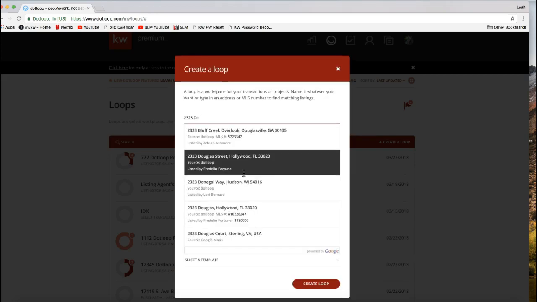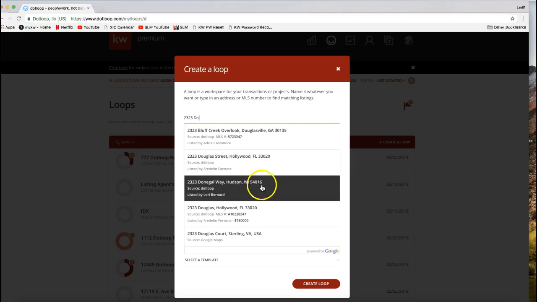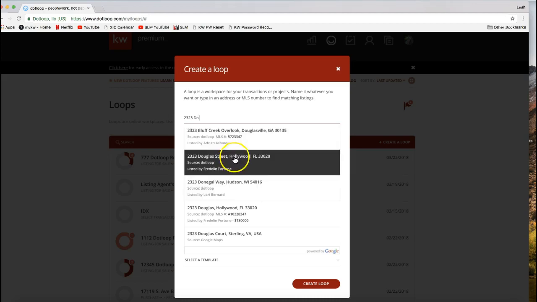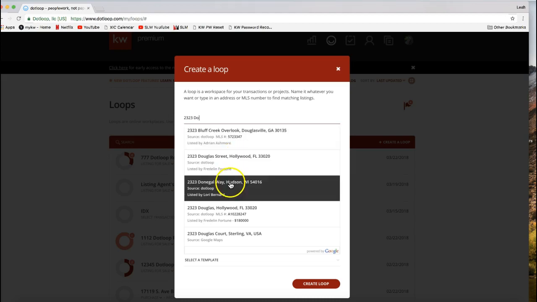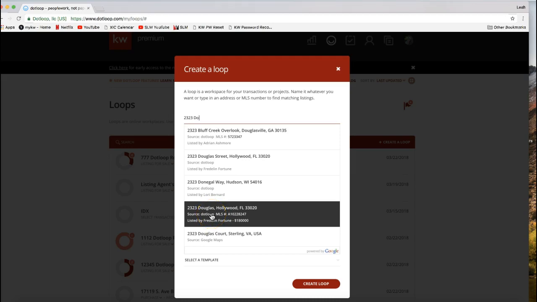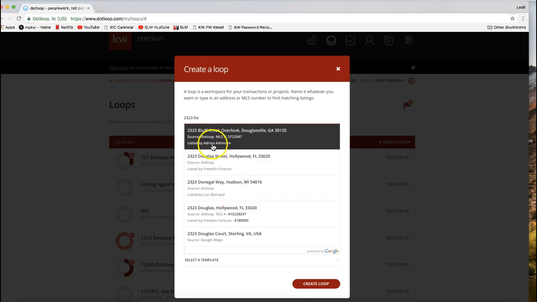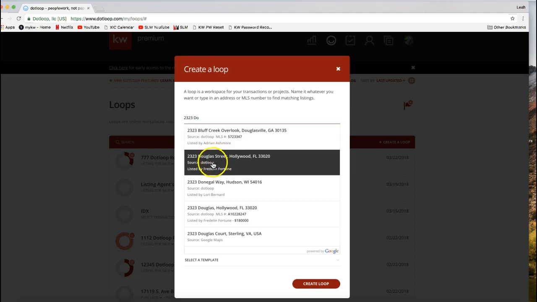Okay, so as you and I are typing in this property address here, I just want to point out how it starts to offer different options that you can click on. If you are a buyer's agent that's about to make an offer on a listing, this is particularly helpful. By selecting one of these options, you'll notice it shows you the listing agent right there, so you know that it's the correct property,